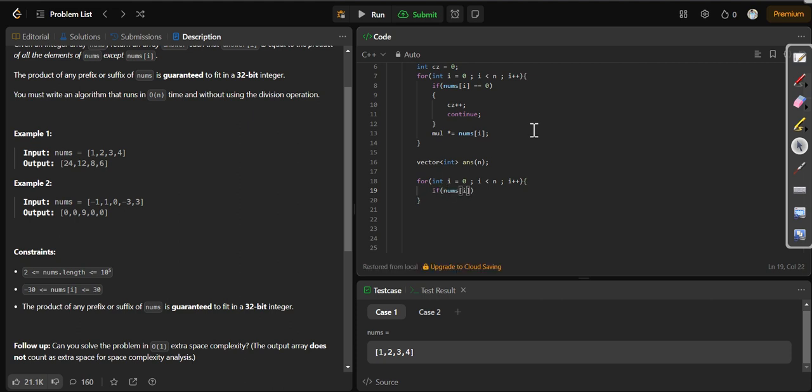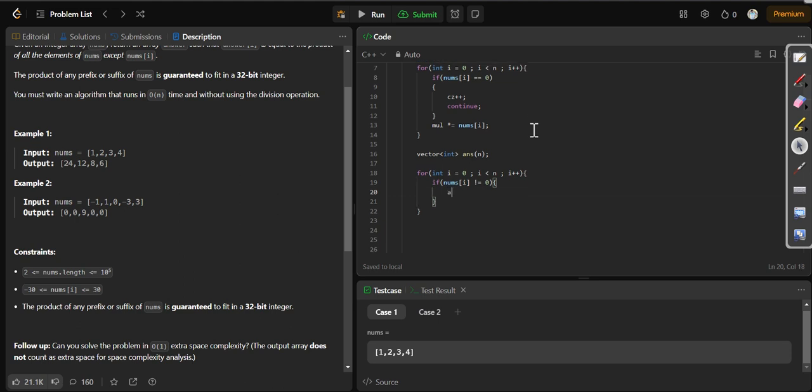If nums[i] is not equal to 0, then we can solve it directly. Let's suppose nums[i] is equal to -1, obviously it's not equal to 0. Now we will see whether there is any 0 in the array. If there is, then the answer will be directly 0, and if not, then the answer will be the product value divided by nums[i].